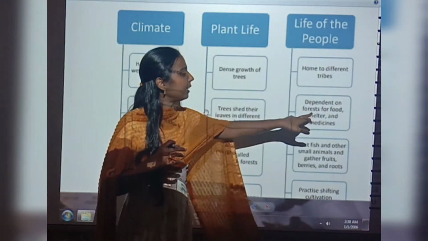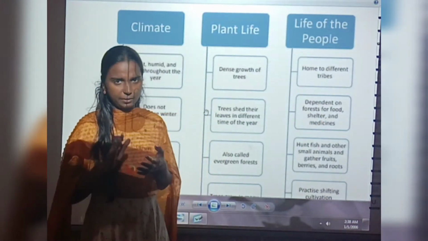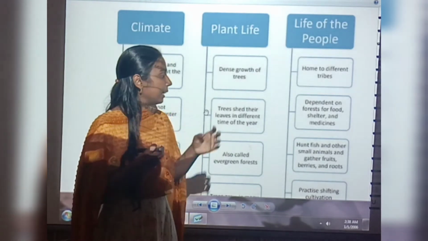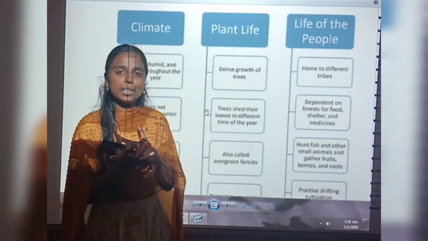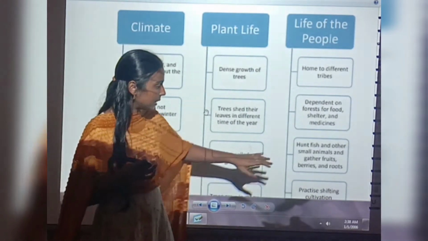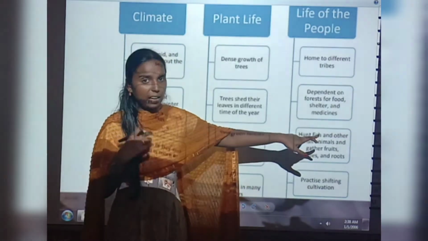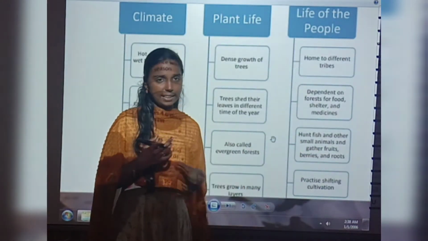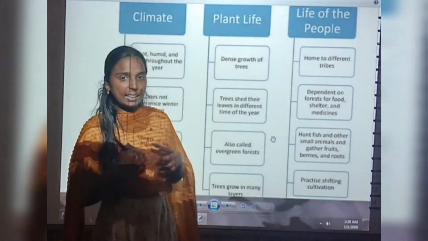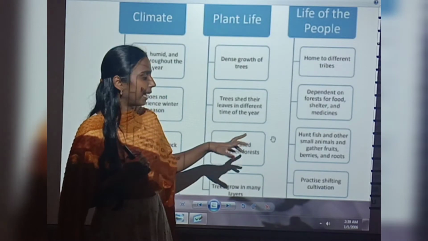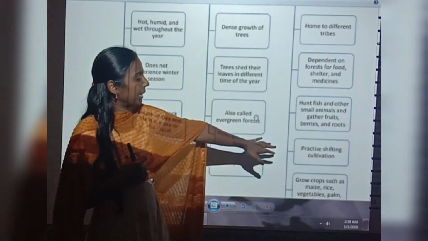They are dependent on the forest for food, shelter and medicines. They are totally dependent on the forest for their daily food, then for their shelter and for their medicines also. And what are the occupations they are doing to get their daily food? See what they will do? They are hunting fish and other small animals, and also they will gather fruits, berries and roots. So for their daily food, they will hunt fish and other small animals and also gather fruits, berries and roots. And at last they are practicing a type of